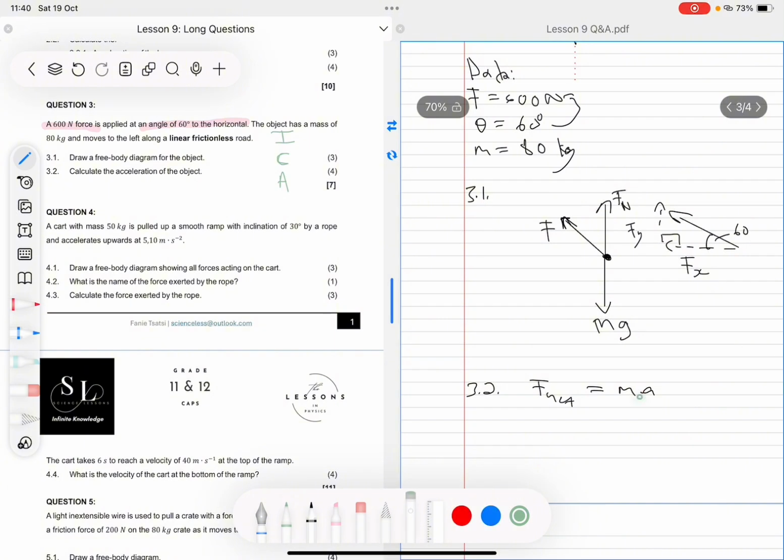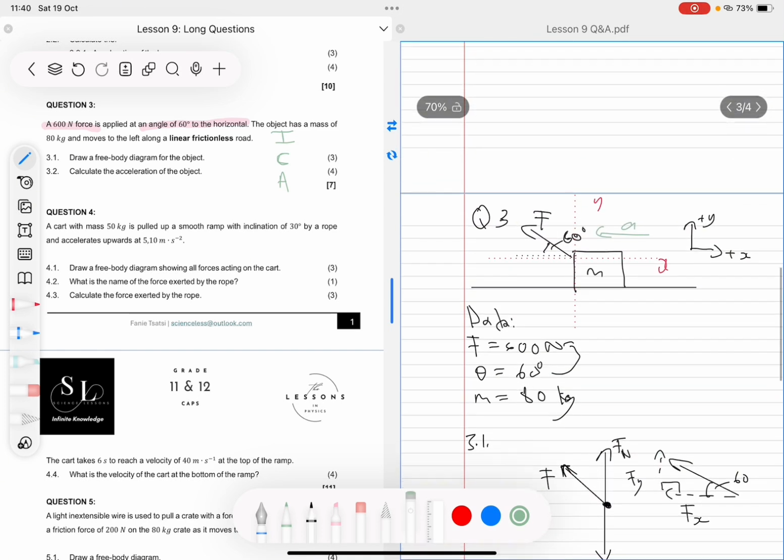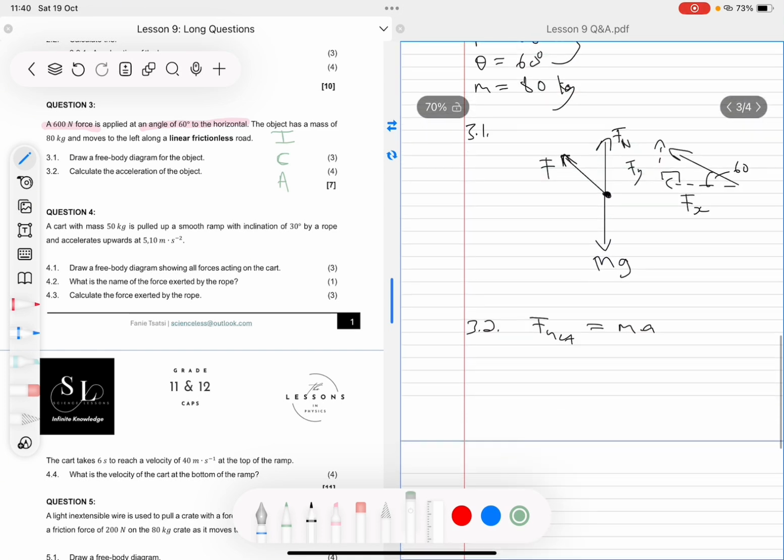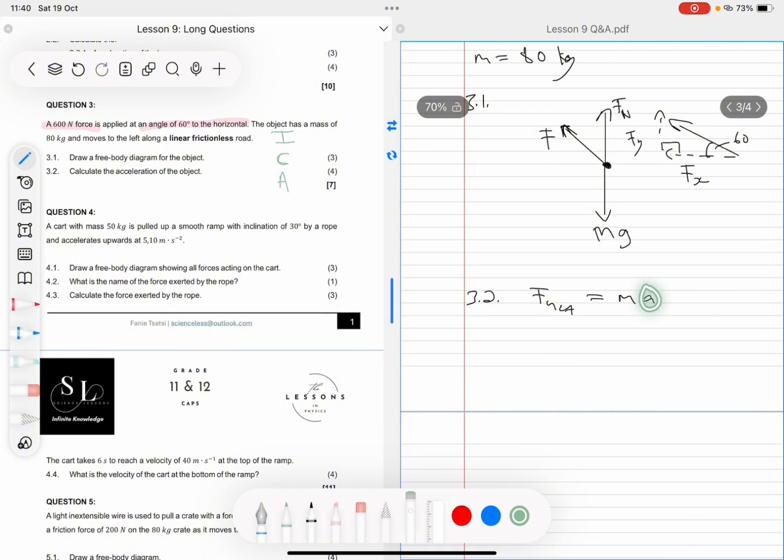So that's the acceleration we're looking at here, and the net force is the net force of all the forces that are acting in the x direction, in this direction here, right? Because they're the ones that cause this acceleration. Now from our free body diagram, you can see that the force that acts in the x component is this force Fx, right, which will be given by